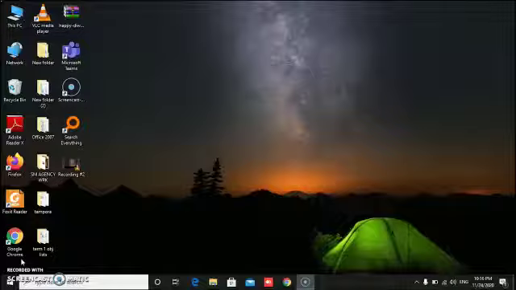Now learn how to write on a computer or how to make notes on a computer. In Word, we use a keyboard rather than writing on paper. It means when we want to write something on a computer, we need a keyboard, and with the help of keys, we write on a computer.